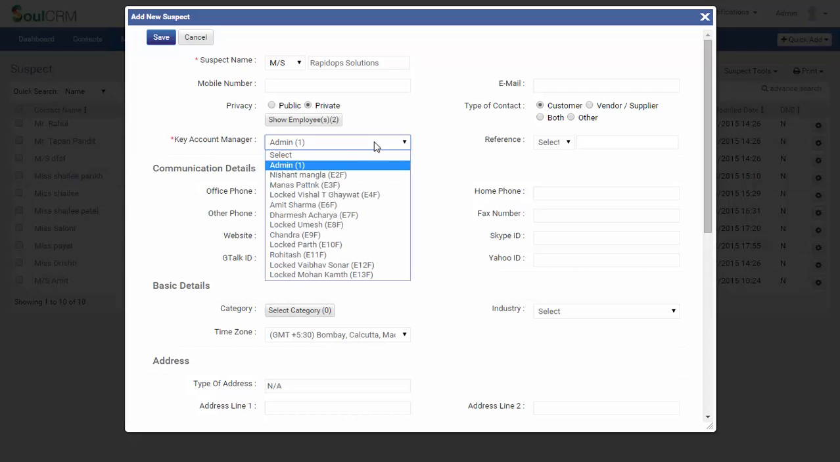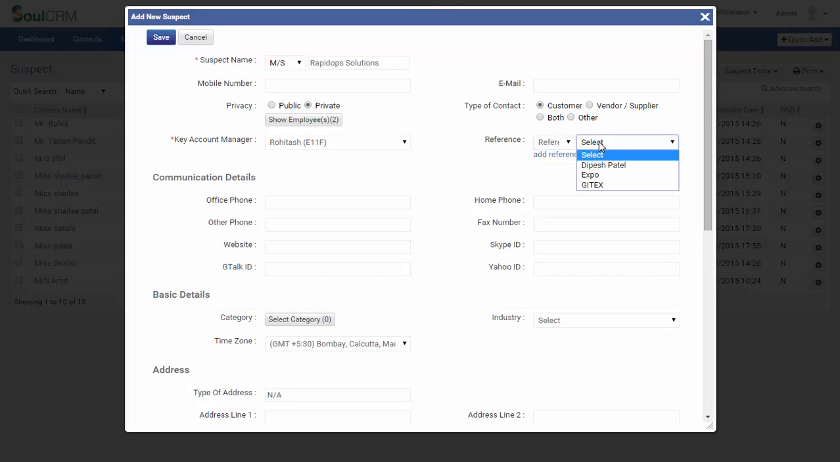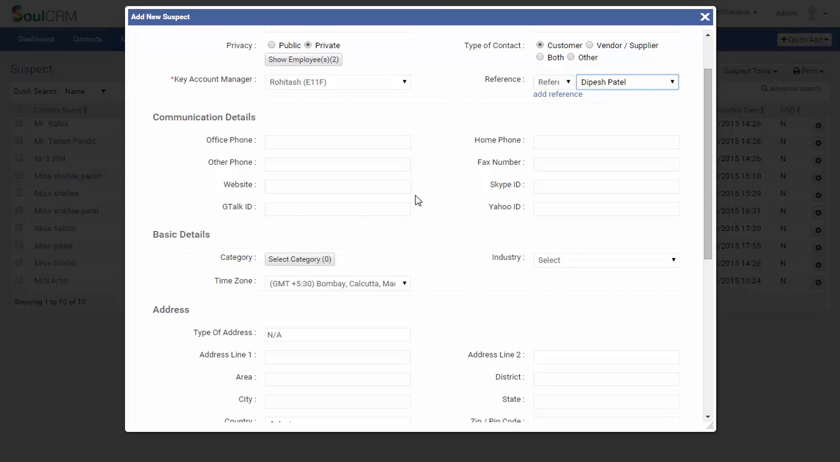Key account manager would be the person who is responsible for handling this suspect. Choose any employee name as the key account manager. If you want to add a reference, you can add it from the drop down. If you want to add other communication details like office number, phone number, Skype ID, website, etc., you can do